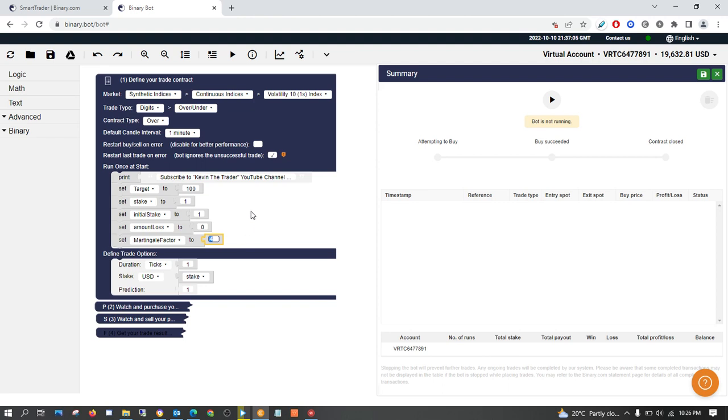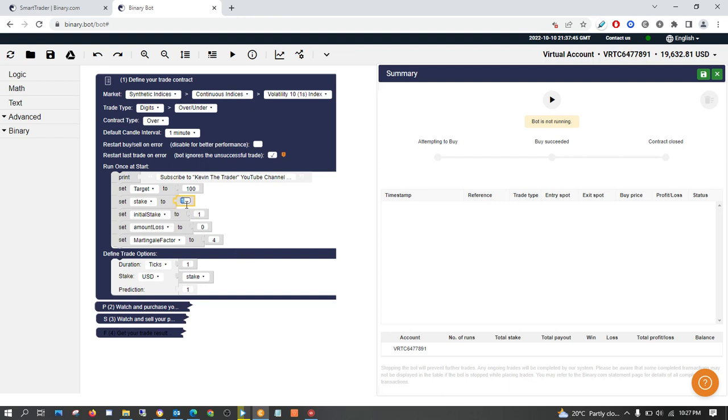When you have something in the range between $10 and $50, don't go higher. The maximum you can stake is 2. But my recommendation, if you have anything less than $50, is to stake from 0.35 to $1, according to how you see the bot running. If the bot is losing more, then stake with 0.5.